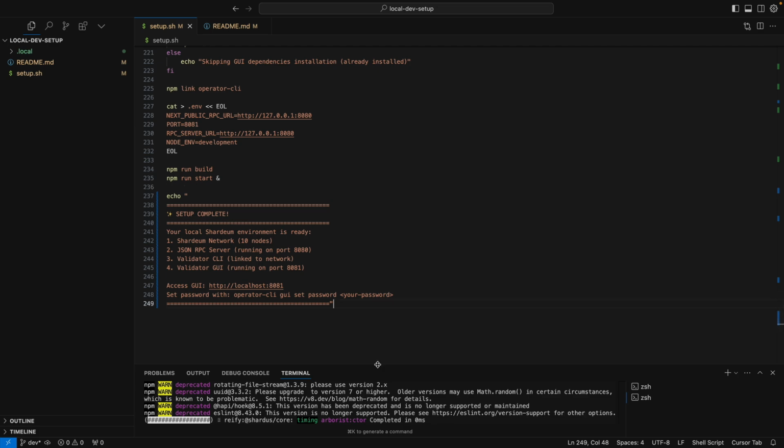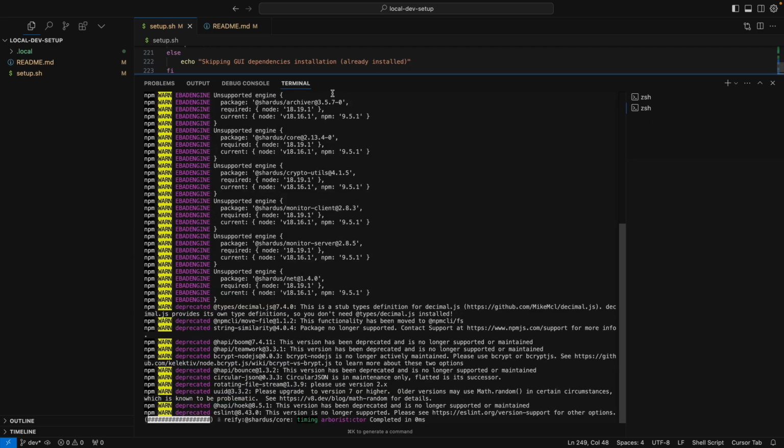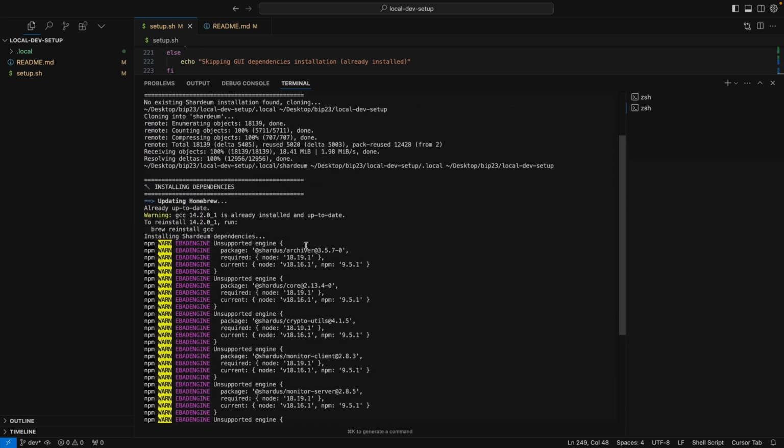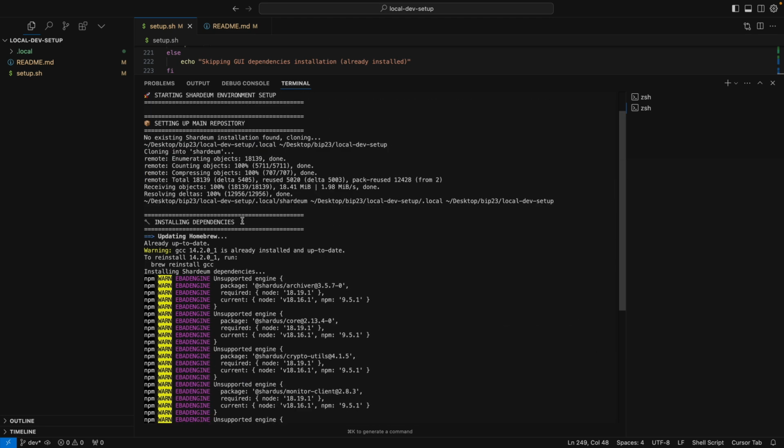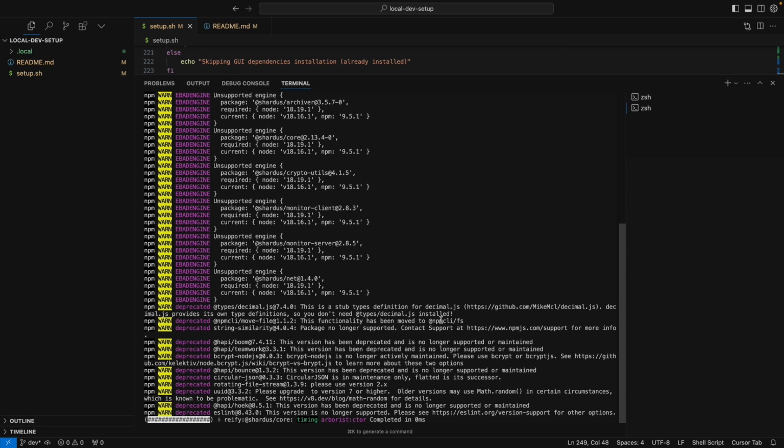So let me see how far we've come with the script execution. I think it is installing dependencies. Yeah, so this is what I mentioned before. The updates that we have coming out will cut the time of this installation significantly, probably by like 95%, so that it's a little bit easier to do. So while that's happening, what I want to do is,